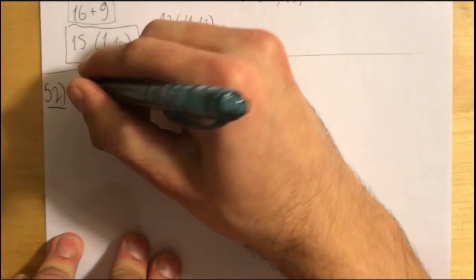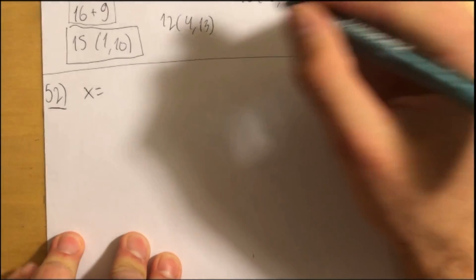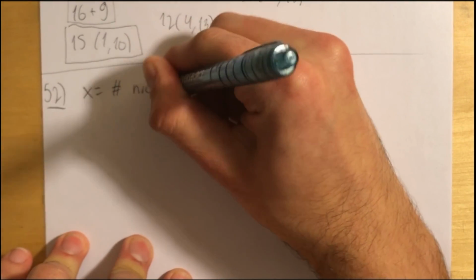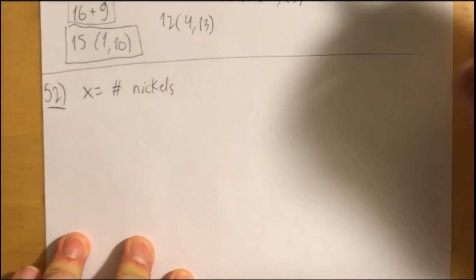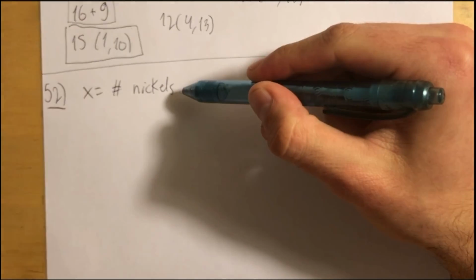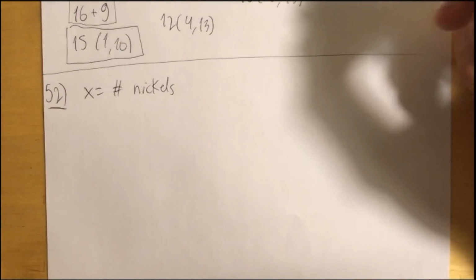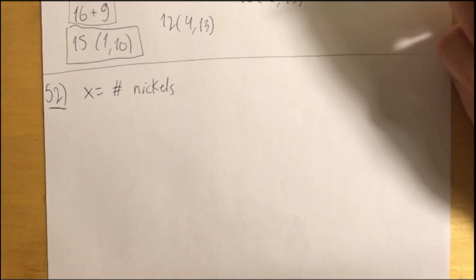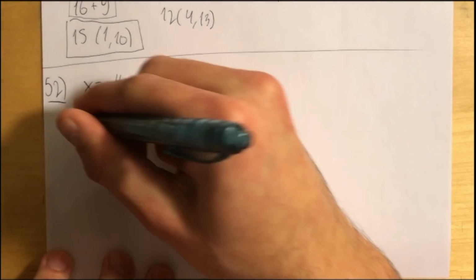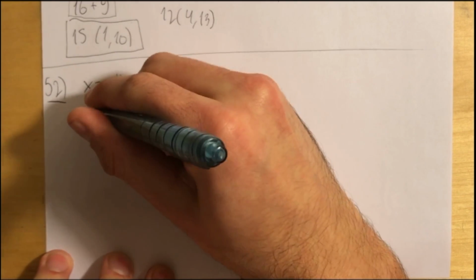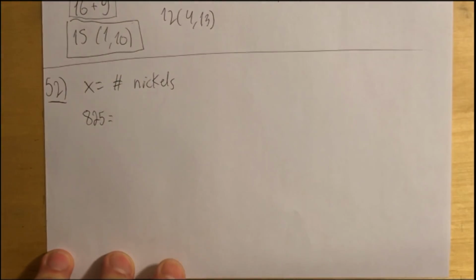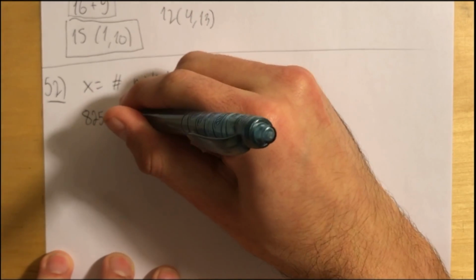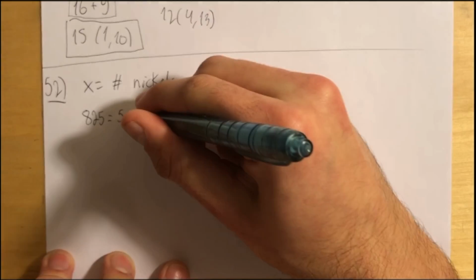All right, so let's say that X equals the number of nickels. The reason why we made that choice is because everything else is in terms of the number of nickels. All right, so the total money that they have is $8.25. So let's do it in terms of cents. So we know that all coins together must add up to 825 cents. She has X nickels. So each nickel is 5 cents times X, plus